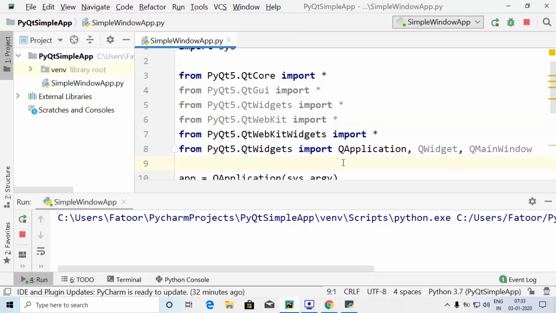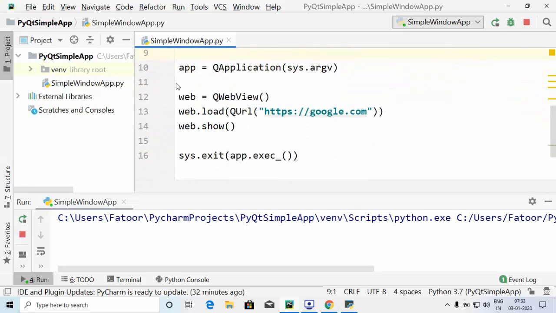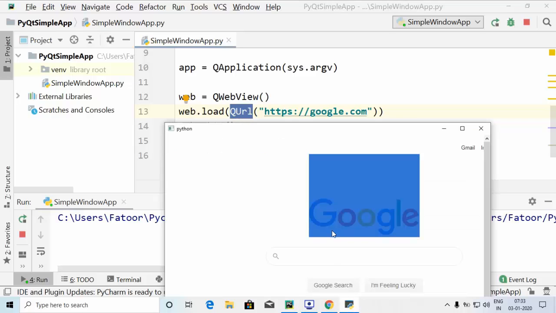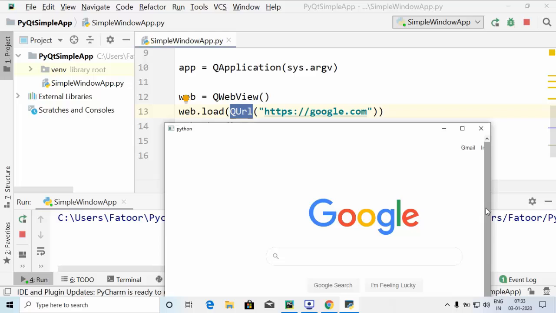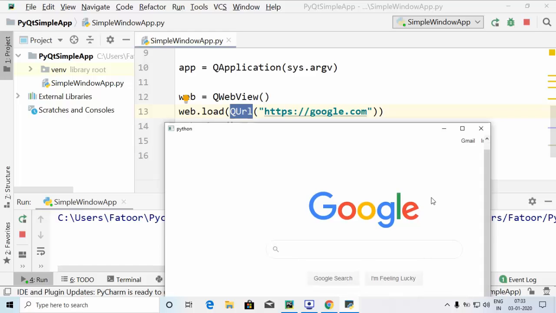So by importing these six things, and by using the app and QApplication inside it, and QWebView, and inside the load, providing QUrl, with simple lines of code you can successfully open the browser, your Google, and use it as per your wish.